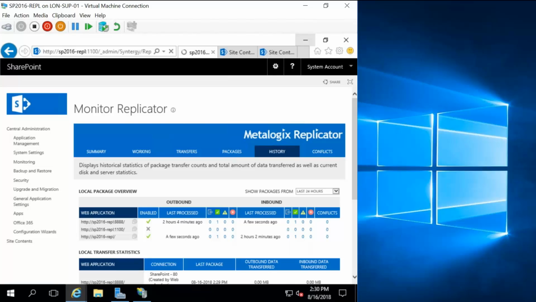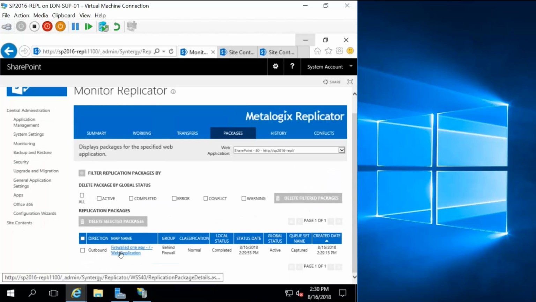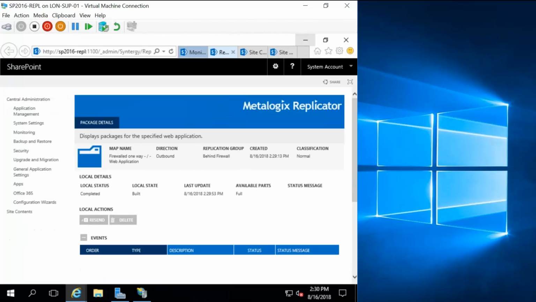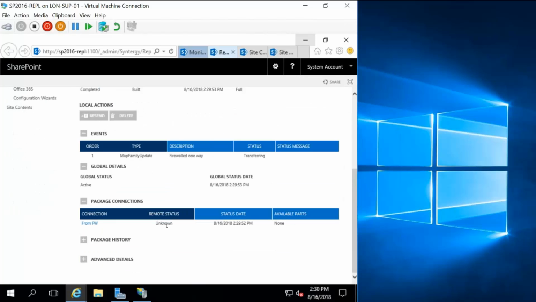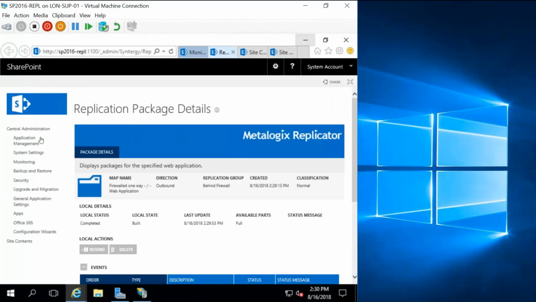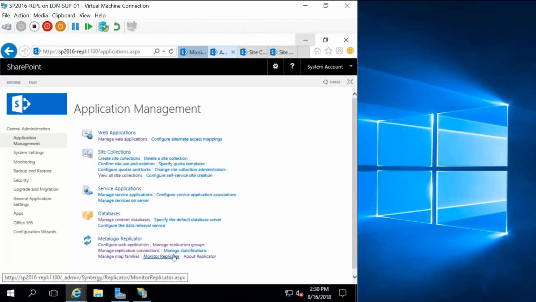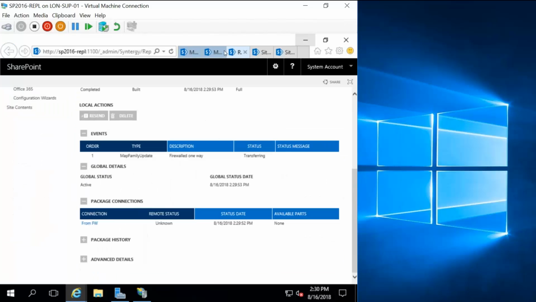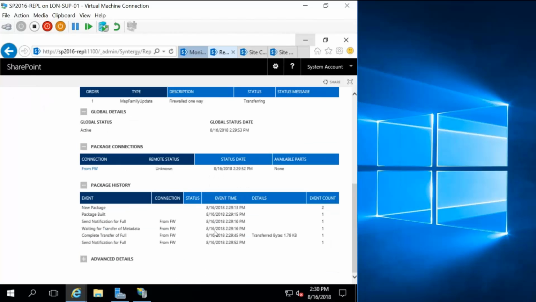So I will go to the packages, and yeah, there is still in active state. The package, it was completed in local, so is the map family update. Actually, the map family creation package is going to the other side. Still in unknown state, so let's see what's happening with the package. Yeah, it was transferred, notification was sent of metadata, so actually